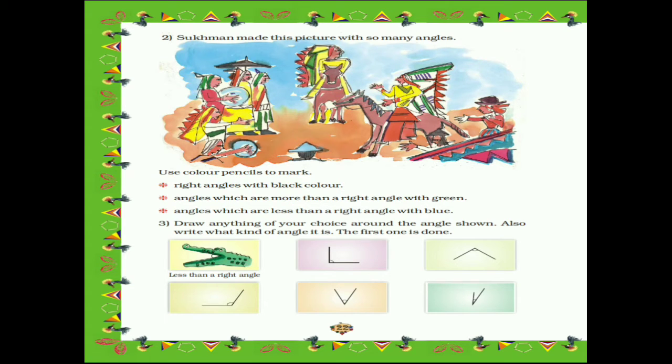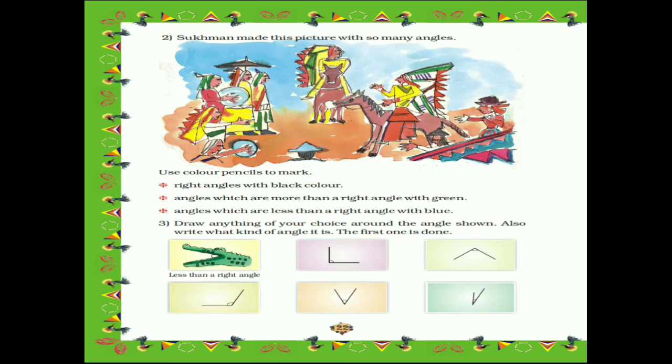We have already seen the types of angle. First was right angle, in which the angle made is of 90 degrees, right? If an angle makes the letter L, then it is known as a right angle. Then second was acute angle, which is less than a right angle. So the angle which will be made is less than 90 degrees, something like this. So this is the acute angle. And the last angle was obtuse angle. It is more than a right angle. So the angle formed is greater than the right angle, that is greater than 90 degrees. So this is the obtuse angle.